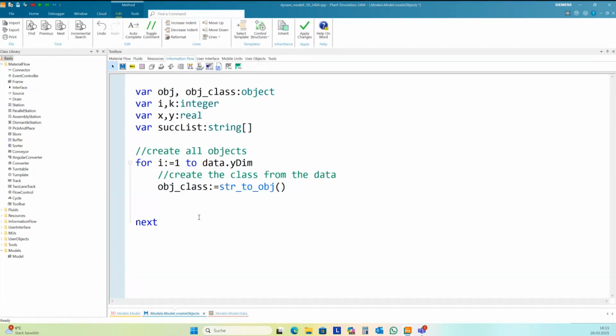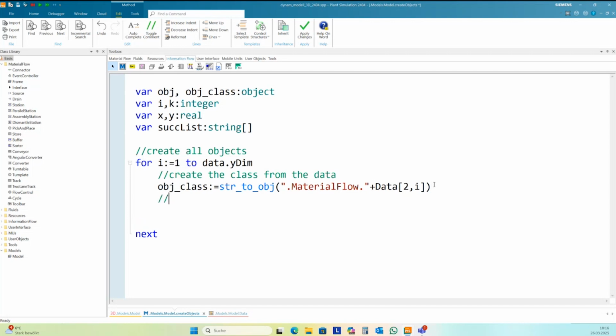Here I can create dynamically one path to this object by connecting a string with my data here, and this is resulting one path, and with str to object we can create from this path an object.